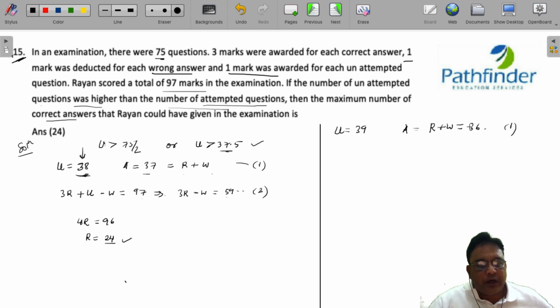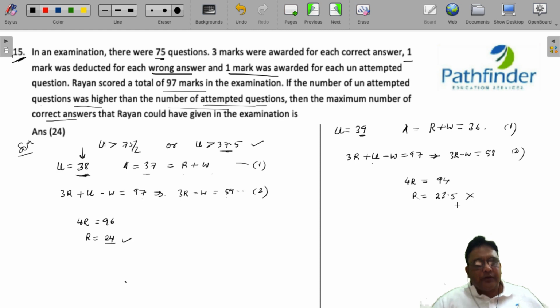This becomes equation 1. And then you have 3r plus u minus w must give you 97. If you put the value of unattempted questions as 39 here, you will get 3r minus w is equal to 58, which is equation number 2. And now what do you get? If you add up 1 and 2, you're going to get 4r on the left hand side and 94 on the right hand side. So r is basically 23.5, which is not admissible because the number of right questions has